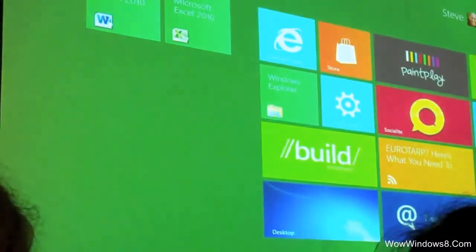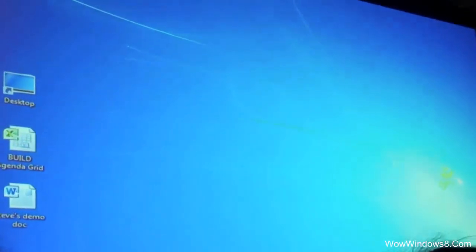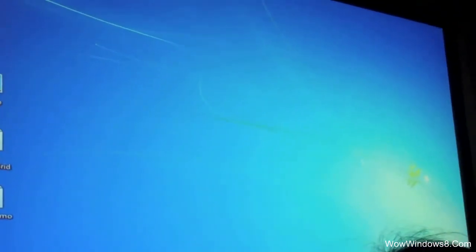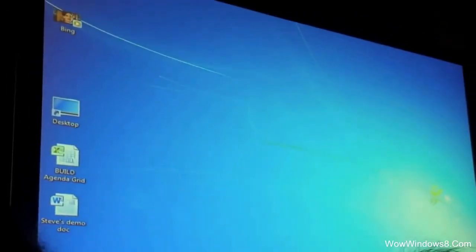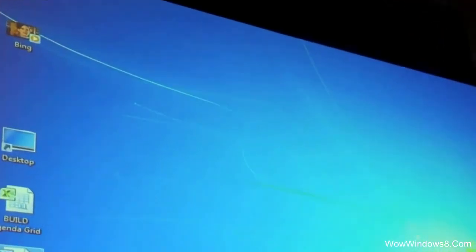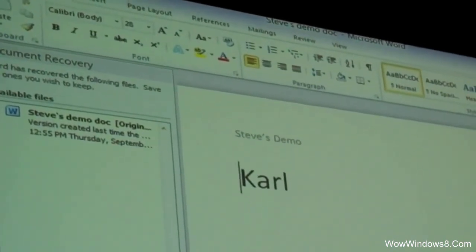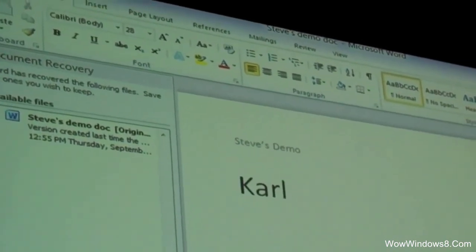So again, I get the full use of this machine. If I go to the desktop, this is the same desktop that I had. I'll bring up this Word document here, and you'll see that it's the same Word document that we were using on the other machine. So there's Carl's name. So again, what we just showed here was the ability to